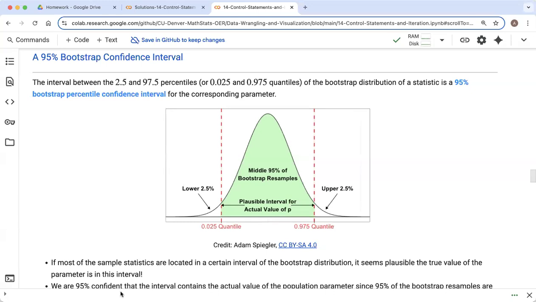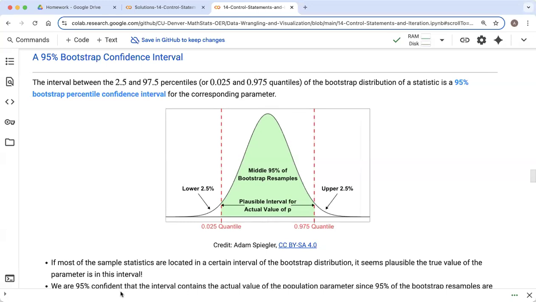All right, welcome everyone. In this video, I want to talk about how we can construct a bootstrap confidence interval from a bootstrap distribution. So the goal of a bootstrap distribution is to get an approximation for a sampling distribution. And recall, we can use sampling distributions to construct confidence intervals. In our case, since we're using a bootstrap distribution as an approximation for the sampling distribution, we call this a